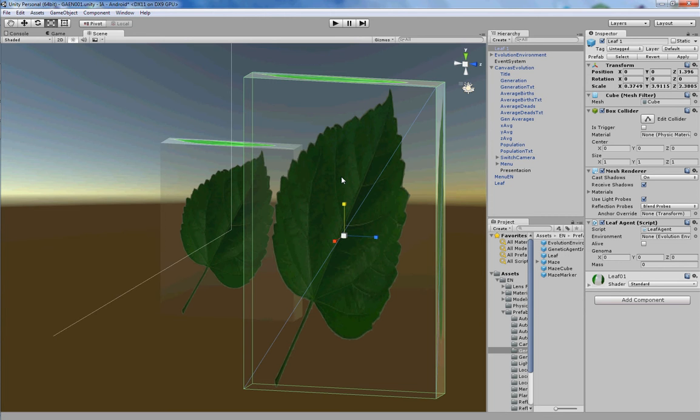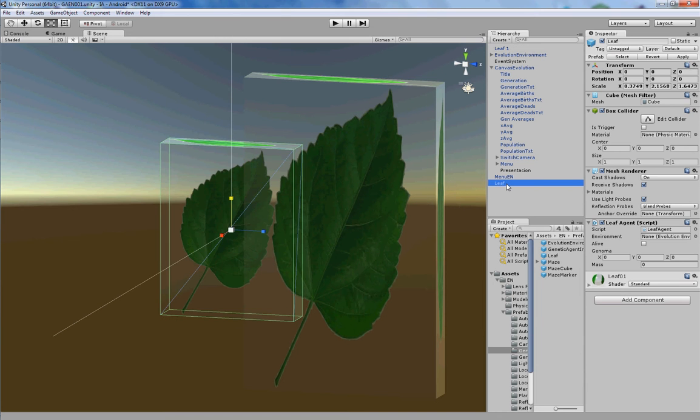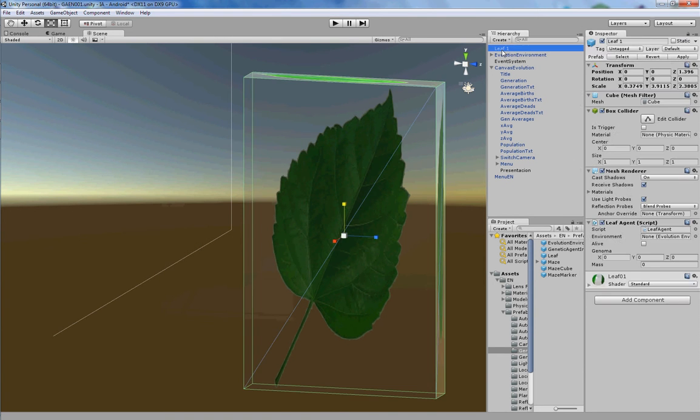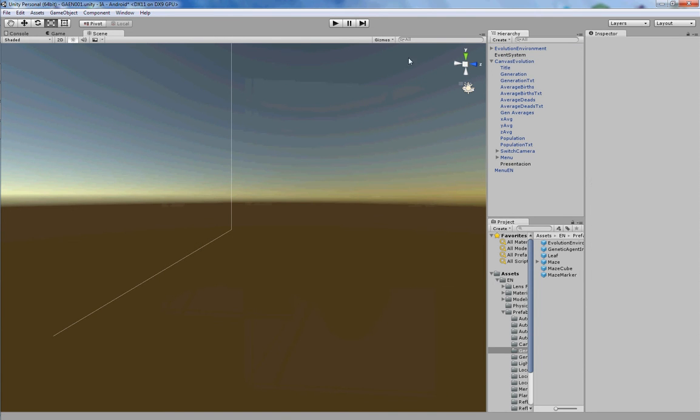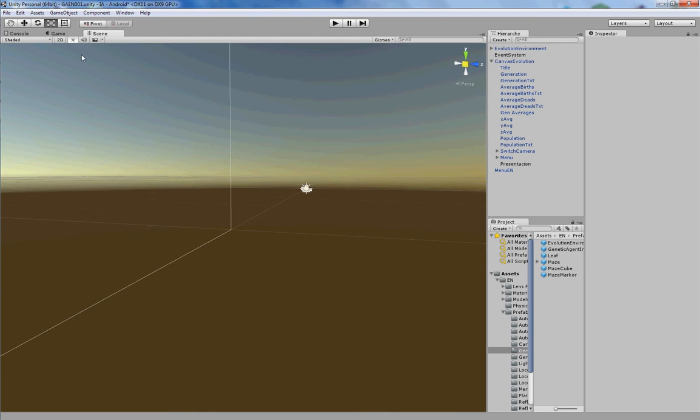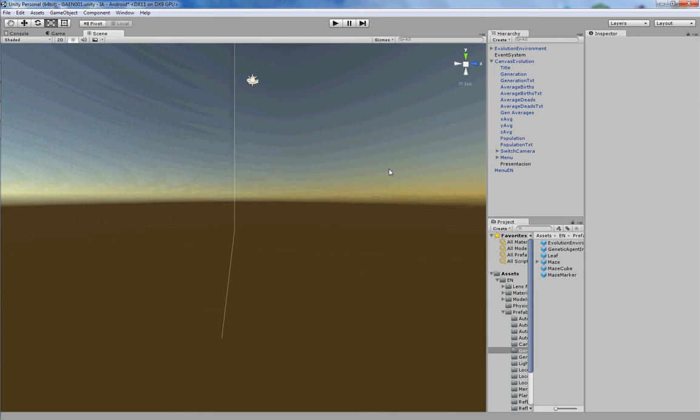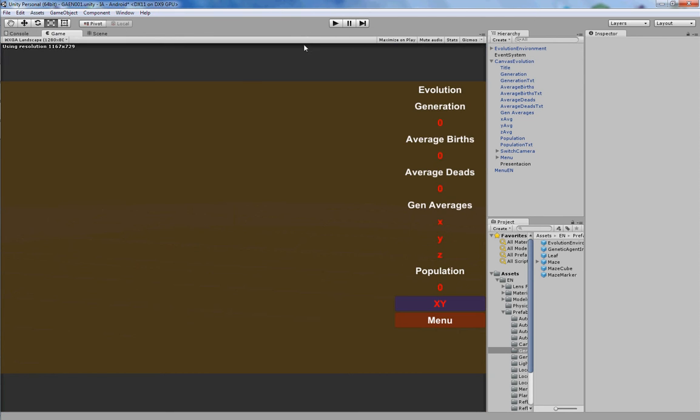There are no additional mechanisms, there are no external forces, no one has a survival plan, and the environment doesn't care who lives or who dies. Let's see what happens to the leaves. Let's delete this and this one, and go.